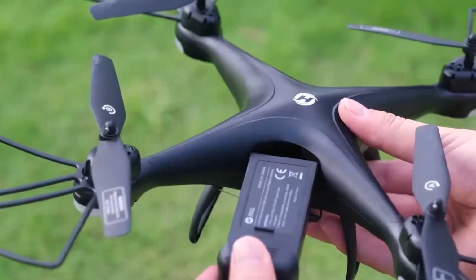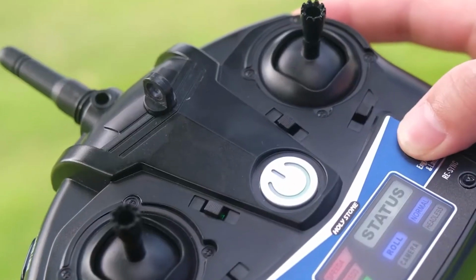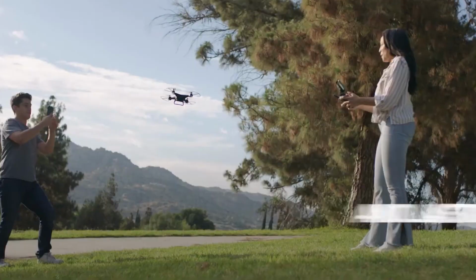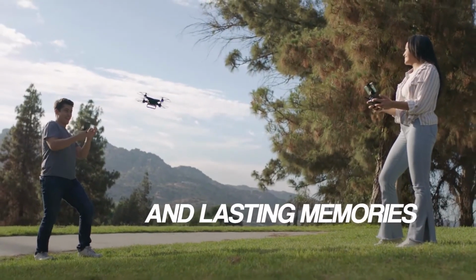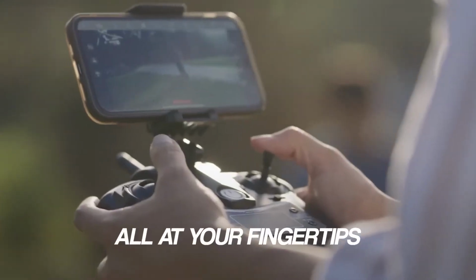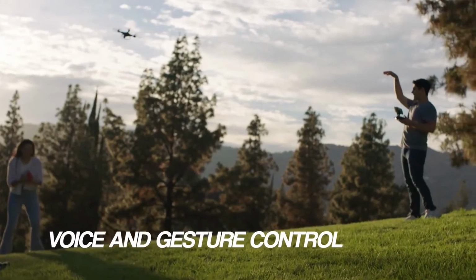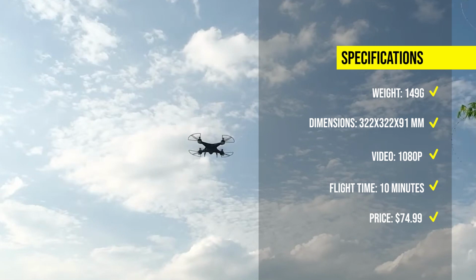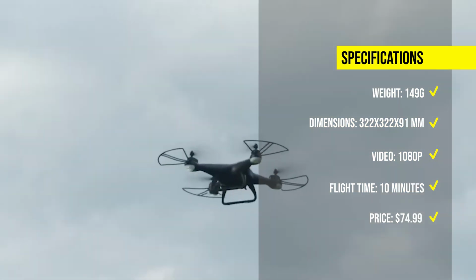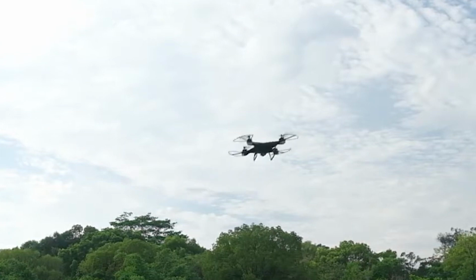The Holystone HS110D is a drone that has a foldable design, a 1080p camera, and a 6-axis gyro for stable flight. It also has a headless mode, a 1-key takeoff and landing, and a 3D flip function. The Holystone HS110D has a flight time of about 10 minutes and a control range of about 100 meters. It's a great drone for beginners and kids who want to have some fun and take some photos and videos. You can get it for only